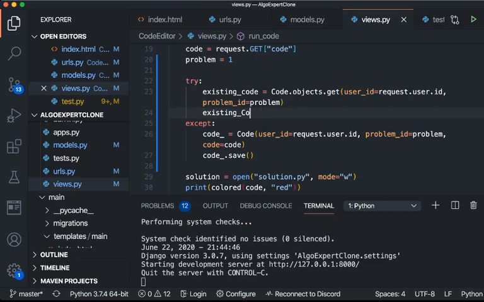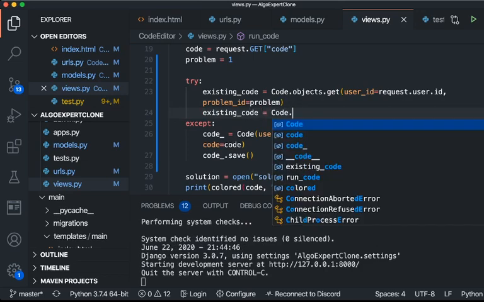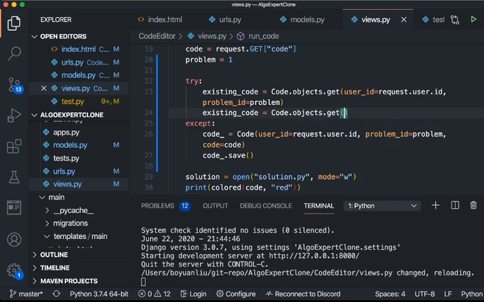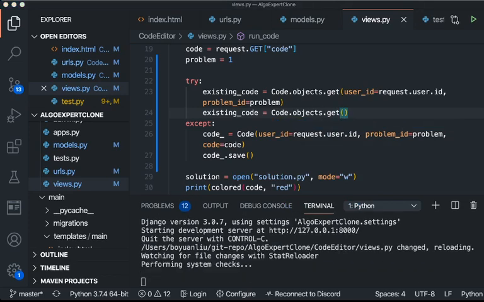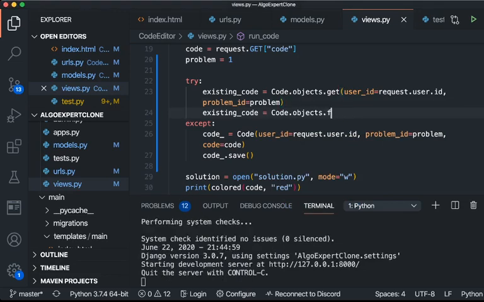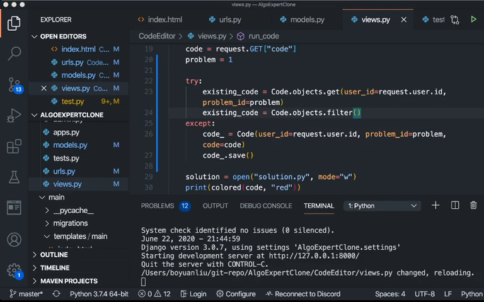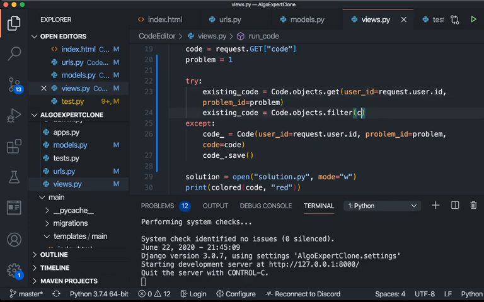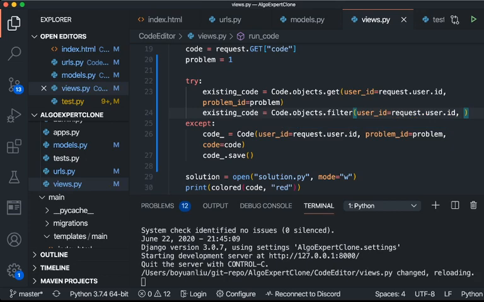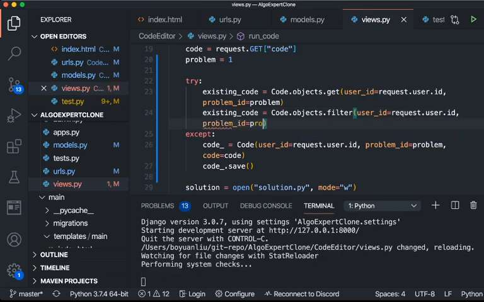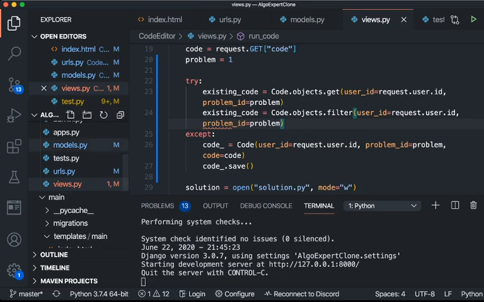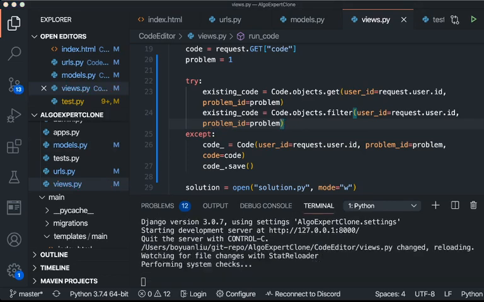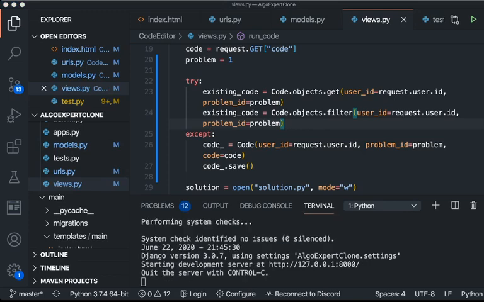equals code.objects.get, dot filter actually. So dot filter pk, primary key. We don't need that. We can say user ID using session, request.user.id, and then problem ID is going to be problem. So this is like ORM, object relational mapping, or SQLAlchemy stuff, but it's a little bit easier to understand. So this basically gets the code,